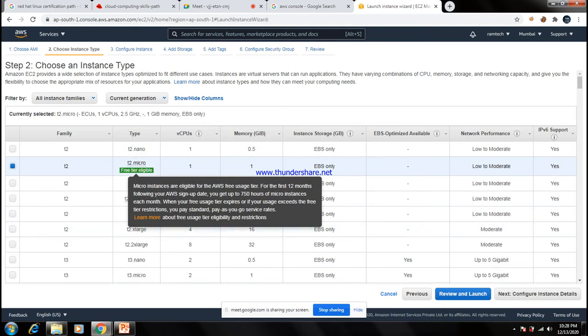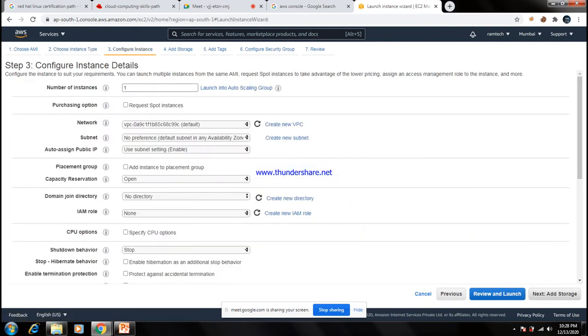Okay, so go to the next. This is the configuration of the instance. First, the network part. You want to isolate your EC2 instance based on the VPC. Based on the VPC, you are able to isolate your location. There are two types of VPC possible. One is the default VPC.